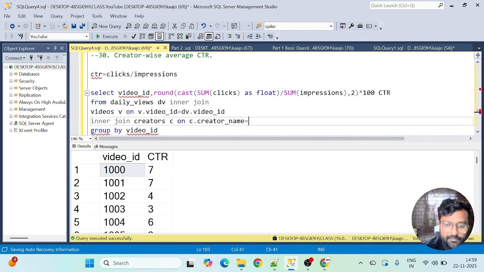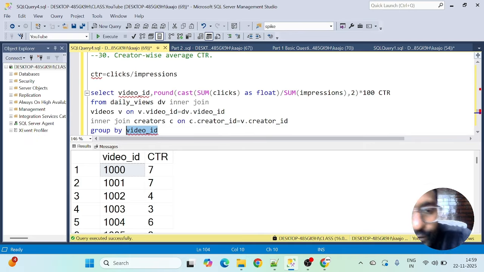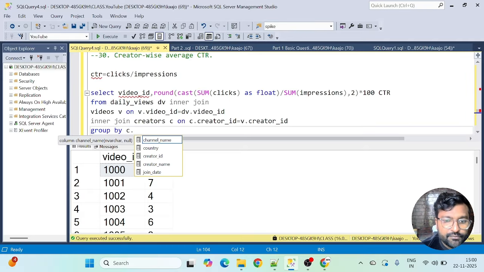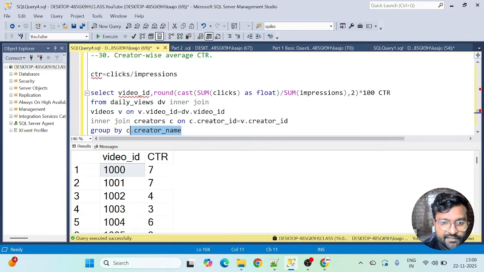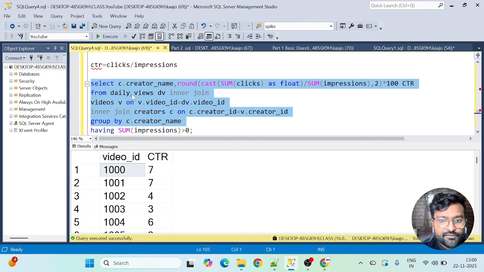Let's go with creator name, and because I have to join with creator ID, my bad, v.creator_id. So that's what we have got until now. Okay, my bad. We should not group by video ID here, because they're asking per creator, right? So we should be simply grouping by creator name here and then get the creator name here. Correct, I got it now, my bad. This is fine, and then just take the average of this. I'll show you.